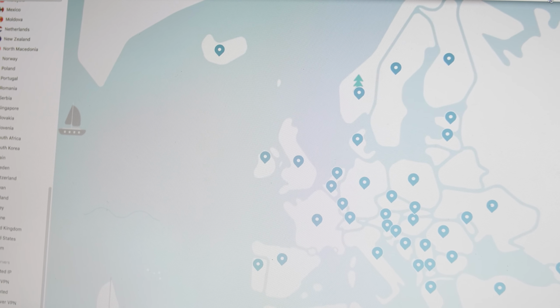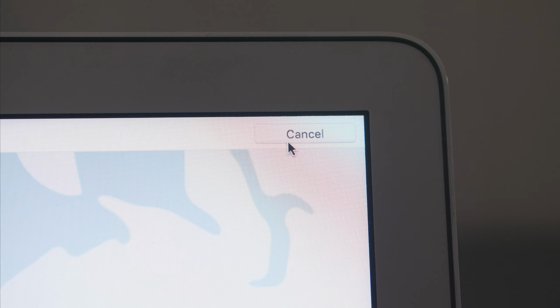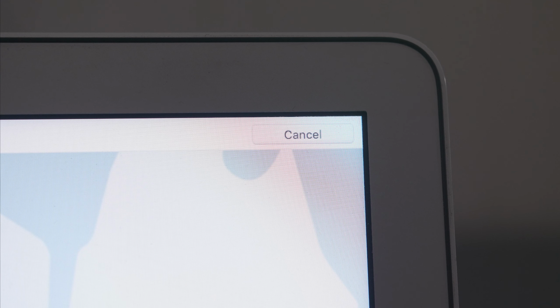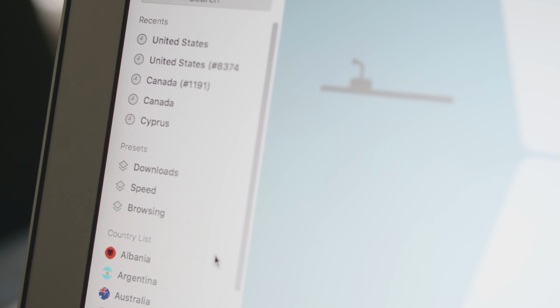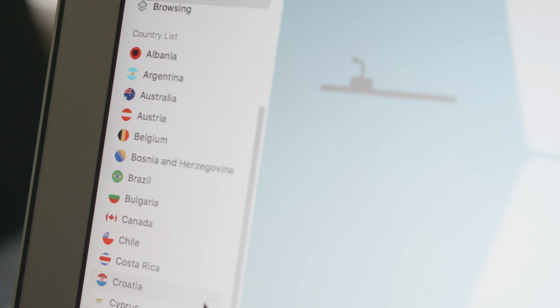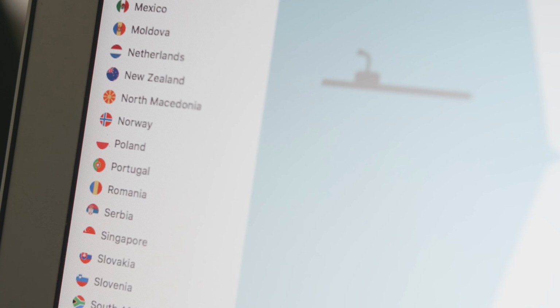Now that you can see the NordVPN server map, you can just press the Quick Connect button and immediately be connected to the closest NordVPN server that will provide the most efficient and quickest service. And it's that easy. Remember, the Quick Connect button is just for those looking for convenience. If you're looking to access region-locked content or a specific country's internet, all you need to do is pick a NordVPN server in the country of choice.